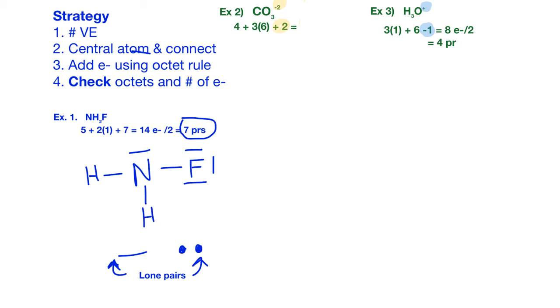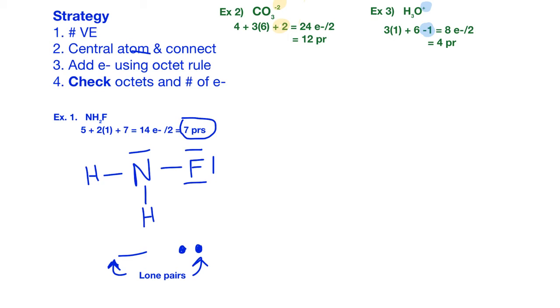So then I'll do the same thing. I'll add up the totals. And then as you can see over here, I've got 24. I'm going to divide that by 2 to get 12 pairs. Then I'll do the same thing over here. I've got 8, so I'll divide that by 2 and get 4 pairs. So then we can go through the rest of the process, but it's just going to be the same for